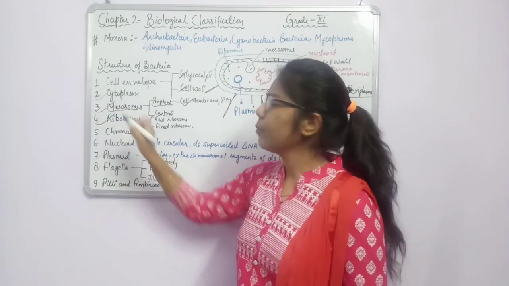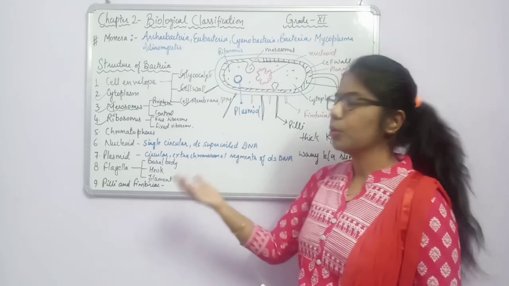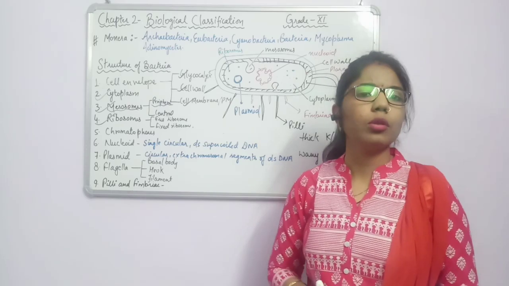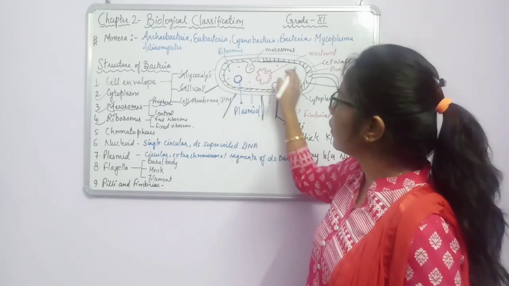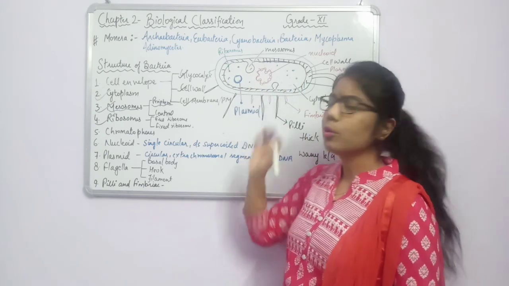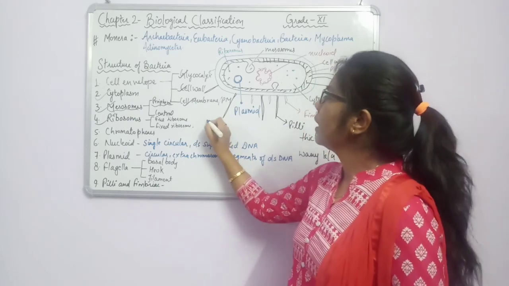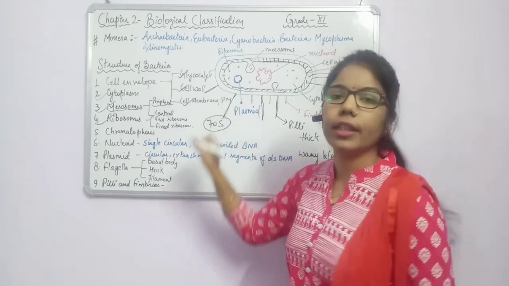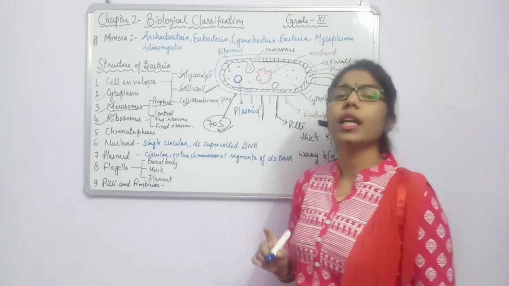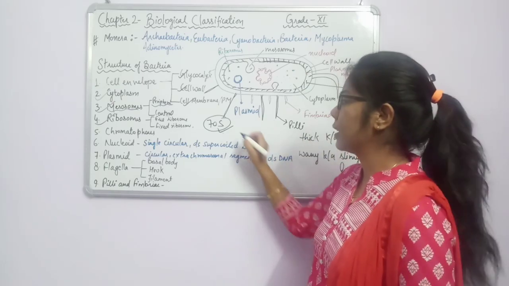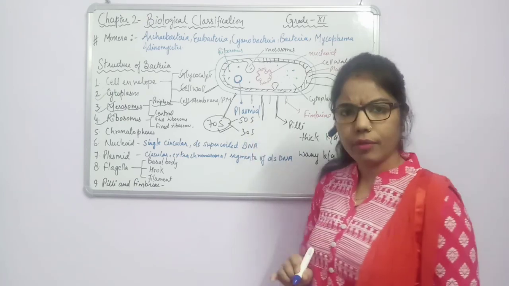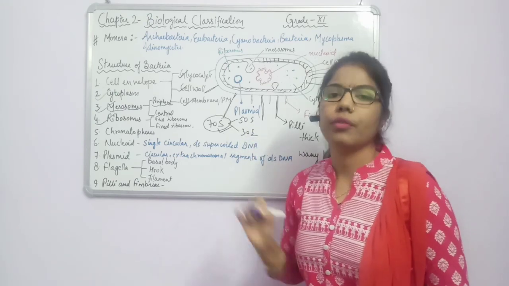Another structure is ribosomes. Ribosomes are also present in eukaryotes. So here also ribosomes are present, and we know the function of ribosome is protein synthesis. Here you can see the dots I have shown; they are ribosomes. In a prokaryotic cell, the ribosome is 70S. This is the differentiation between prokaryotic and eukaryotic: it is 80S in a eukaryotic cell. The subunits are 50S and 30S. S is the Svedberg coefficient.